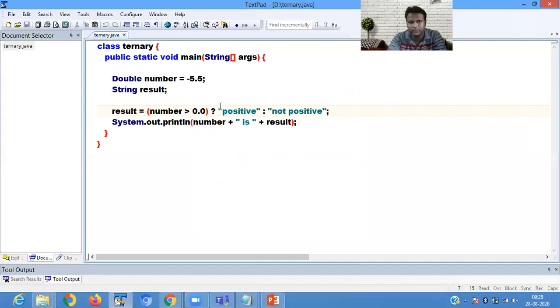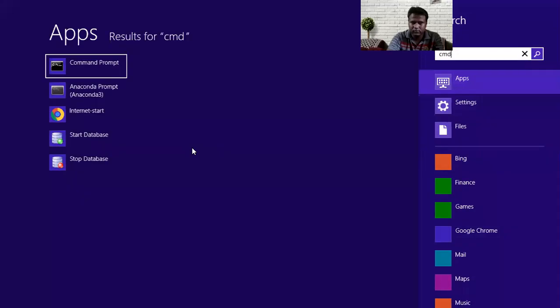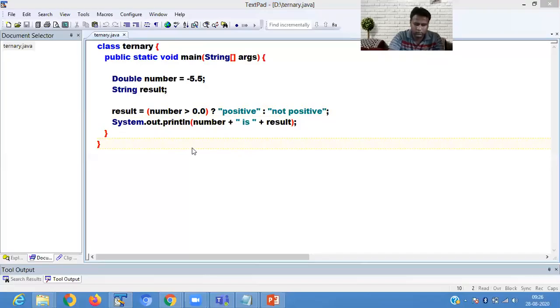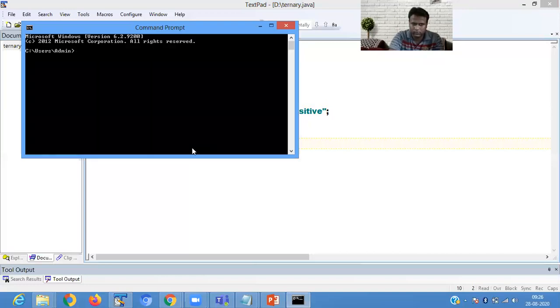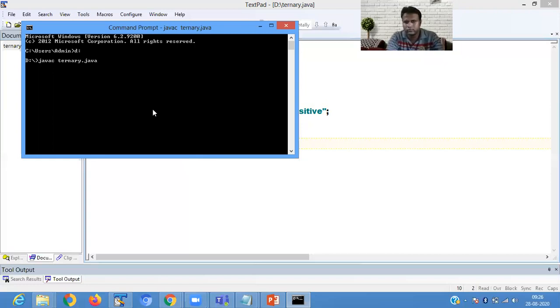So it shows minus 5.5 is not a positive number.